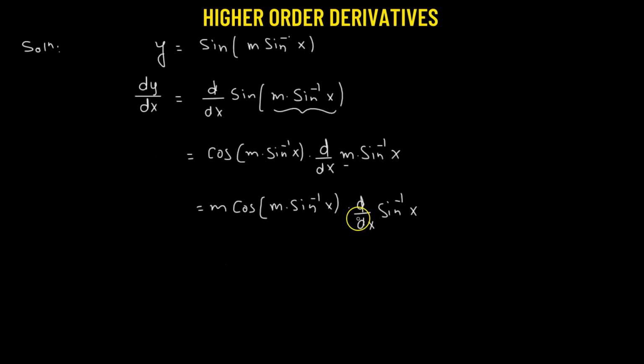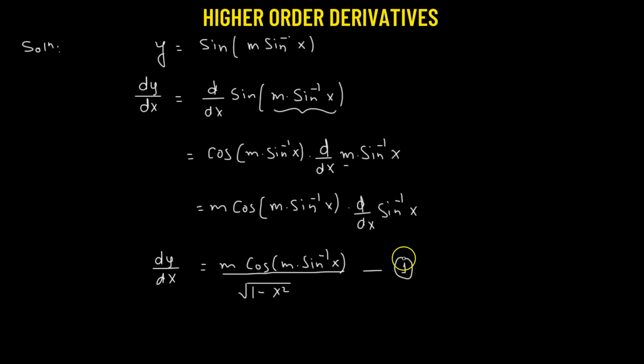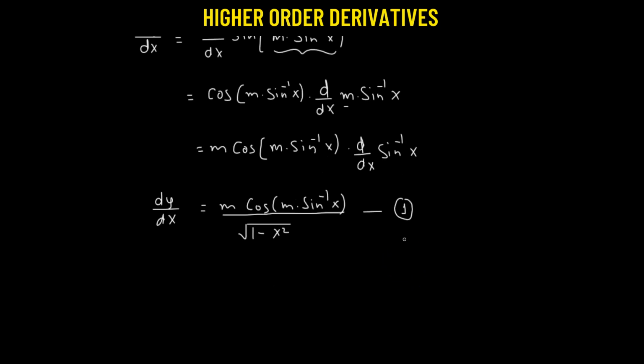Right. So let's find out the value. So this gives us m times cosine of m times sine inverse of x. Now the derivative of the inverse sine function is 1 over square root of 1 minus x squared. So this is the value of the first derivative of y with respect to x. So let's label this as equation number 1. Now what we'll do, we'll square both sides. So let's square both sides, and this is going to give us (dy over dx) whole squared equals m